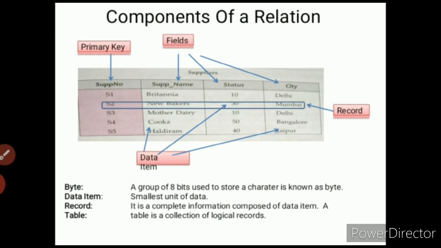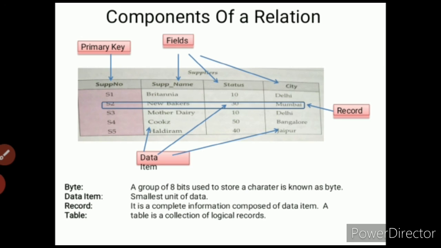Suppose we talk about a particular name as Neha, we have so many Nehas in our school, or in a particular class, 11th science, maybe we have 3 or 4 Nehas in that class, right? So there is no kind of uniqueness now. But if we talk about the admission number, every Neha has a different admission number, so that admission number is called a primary key. So the meaning of the primary key is the unique value of your table.